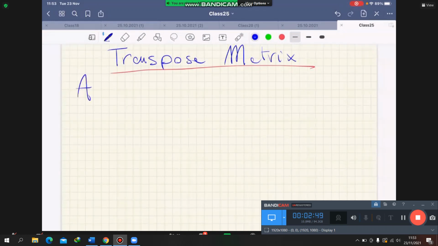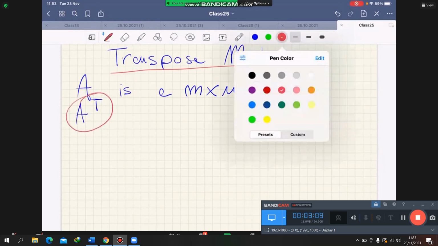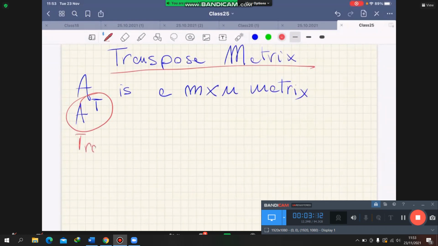Given A, an m times n matrix, A^T, which is the transpose matrix of A, is, if A is m times n, A^T is an n times m matrix,